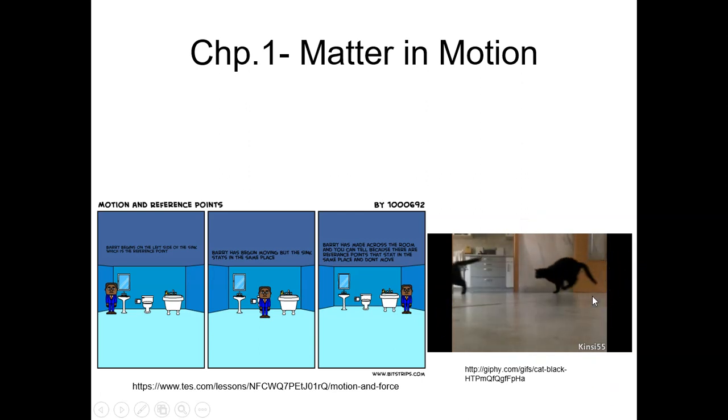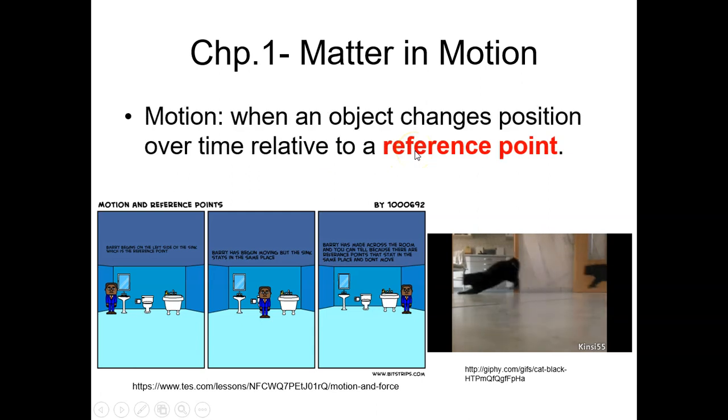And that's really kind of how we start to see what motion is. We're comparing it to a reference point. So our definition of motion is when an object changes position over time relative to a reference point. And again, that reference point is just something we're using to compare the object to, like the door, that part of the wall, the cabinet. We're using something to show that, oh, the cat was on this side, now it's on this side,